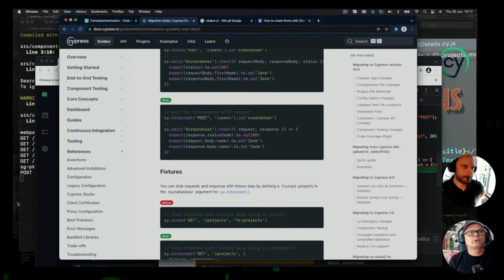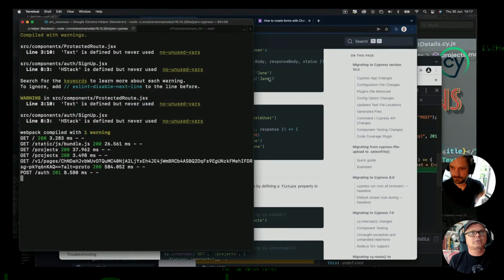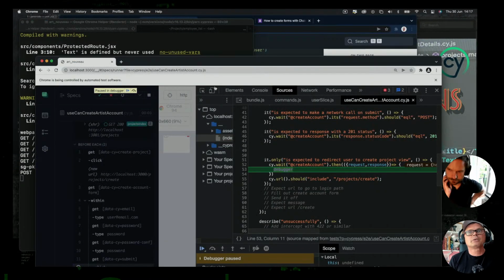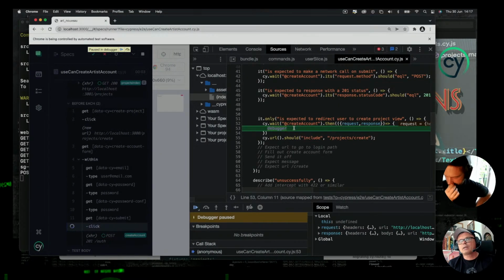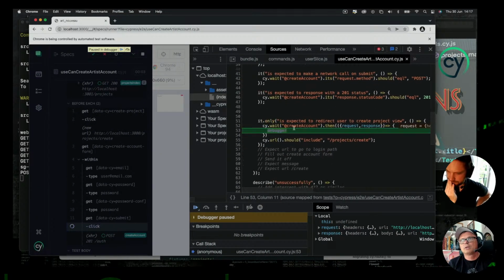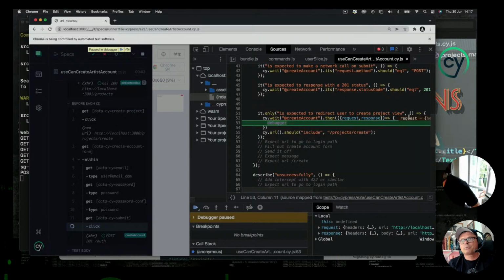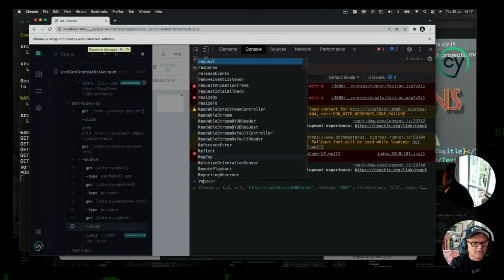Right. So, yeah, we're here. I just switch over to the runner. There we go. Now we have the look. So I can actually do that. That's cool. Because now we can take a look at both the request and response in a different way. So let's do request,